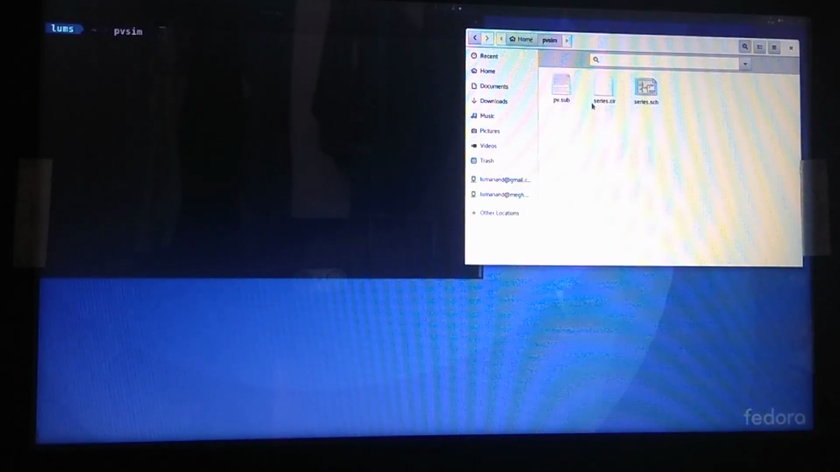If you look at the simulation project folder, you have 3 familiar files. Series.sch is the schematic file which we just now saw. Series.cir is the circuit file which contains the analysis statements, and PV